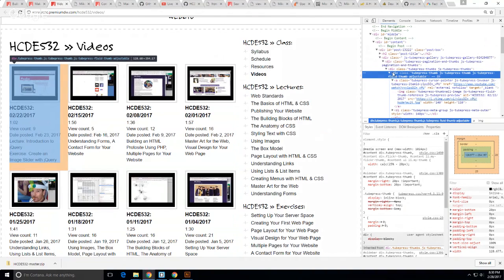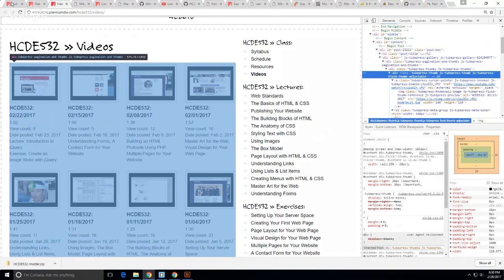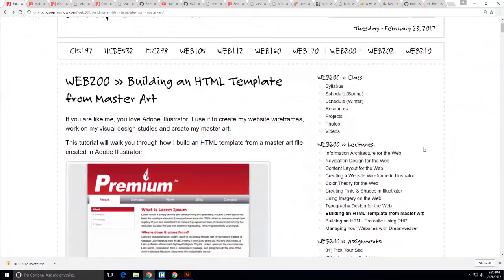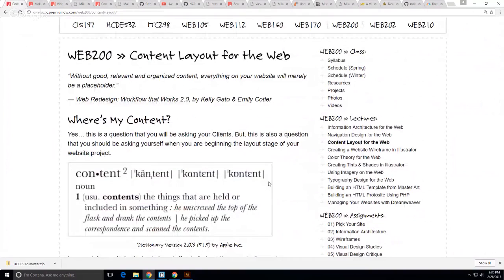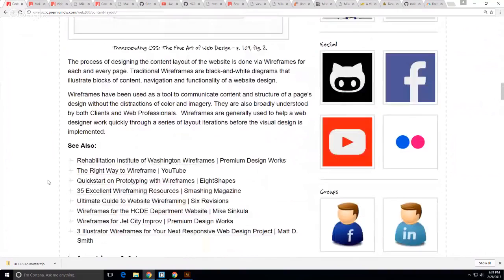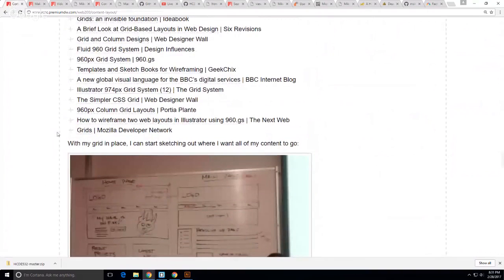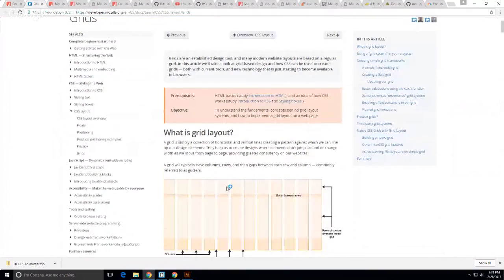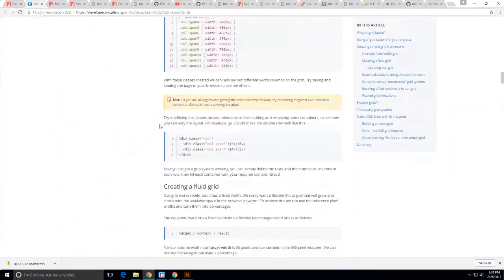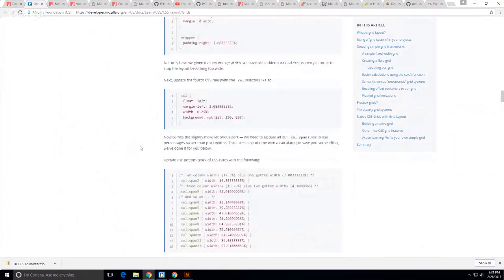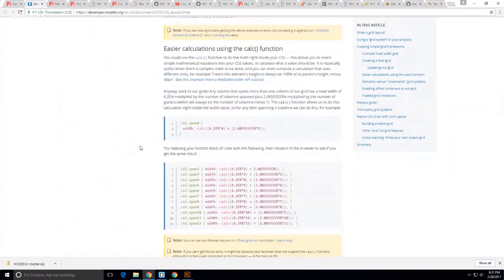Start doing that. I actually linked to a tutorial about that. So if you're looking at the content layout lecture for grids, I found an article, Grids, Mozilla, right? That shows you how to create a simple framework if you want to go this way, kind of the Bootstrap column framework, right? And then it gets into easier calculations using the calc function, right? So basically, how it works is,